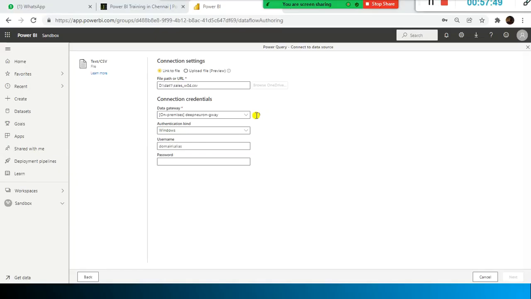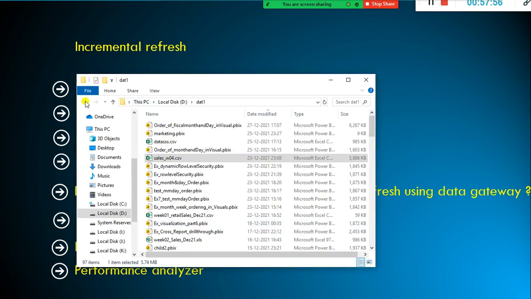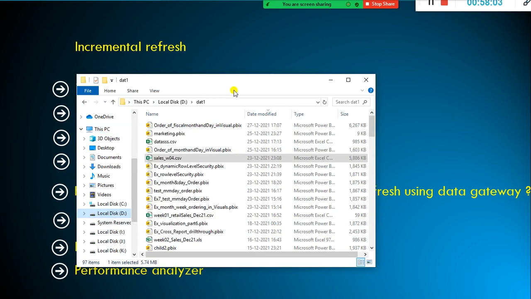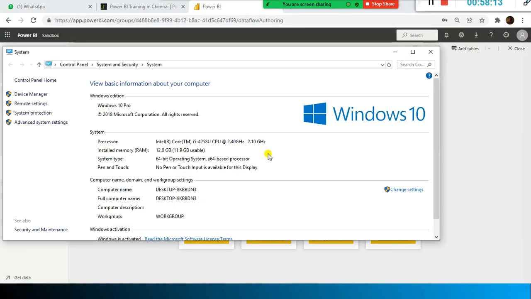I'll have to see it from here only, right? This PC and properties. This is the one, desktop 8KBB. It's not getting selected. I will type it, not a problem.